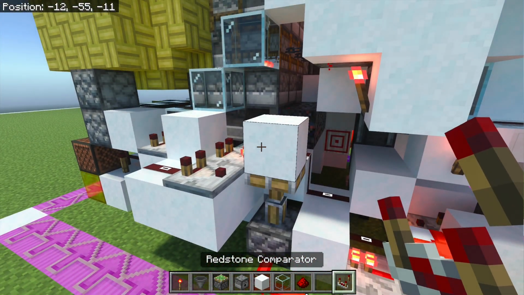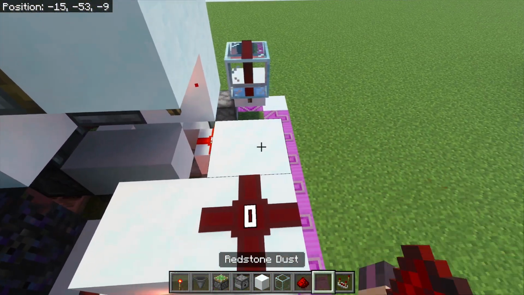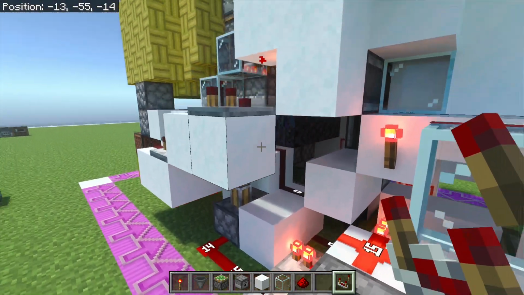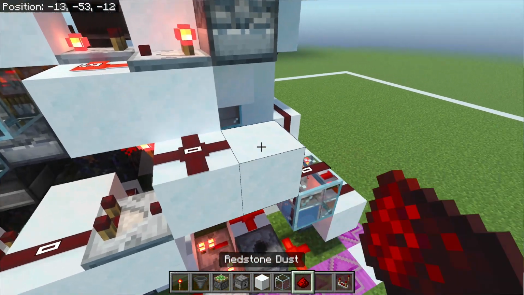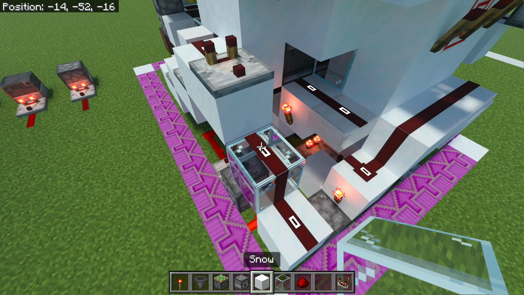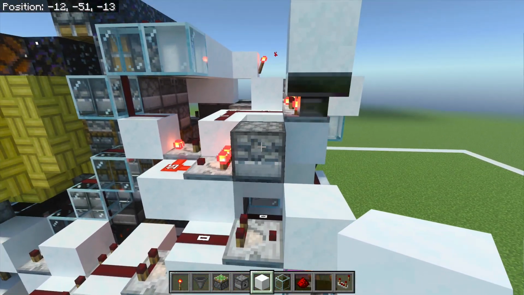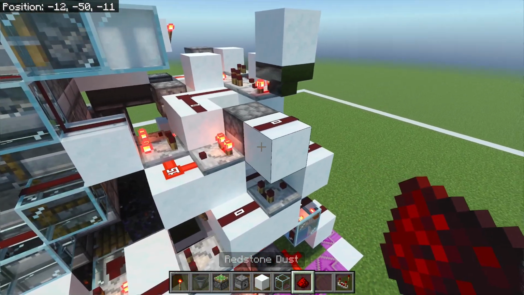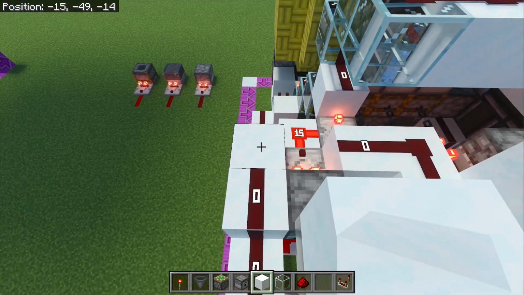Then we're going to come up like this. We can have dust into a comparator. Then come up again diagonally like this. Dust into a comparator. And I want a solid block on top of this redstone here in front of that comparator, like so. Another block here. And we're going to double back on ourselves like this. And I want a comparator here